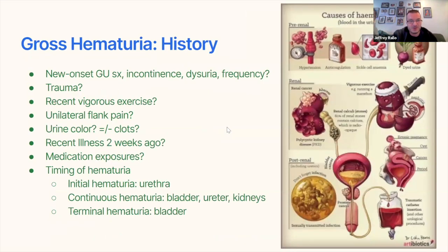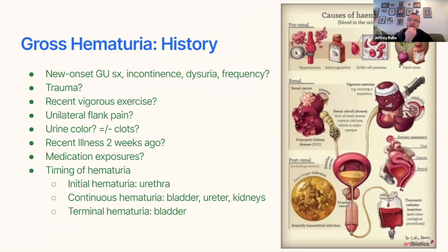I just thought this picture was fun and old-timey and is actually fairly complete as to hematuria, but I don't need you to read it. But general questions you want to ask on history when you have a hematuria patient: how long has it been going on? Did you have sudden new onset symptoms, acute, that would indicate a stone or UTI, or has it been something that's been happening more insidiously?